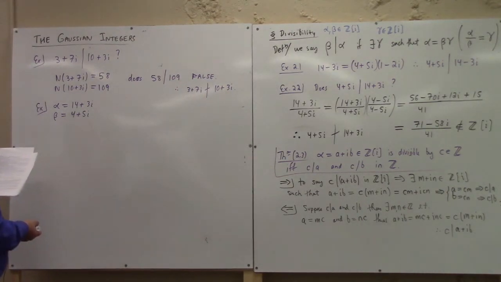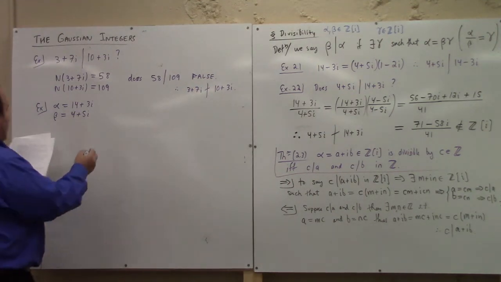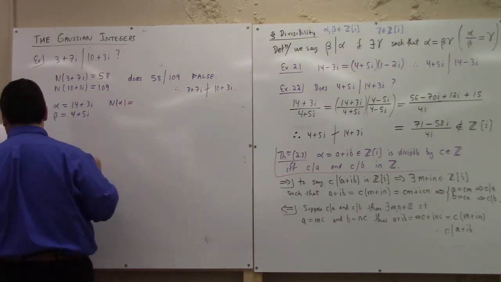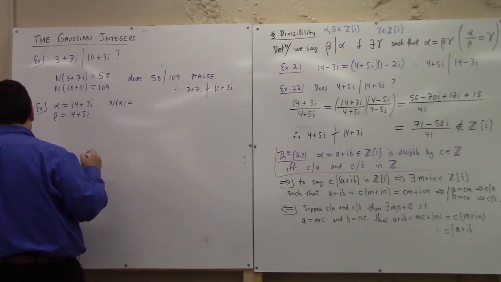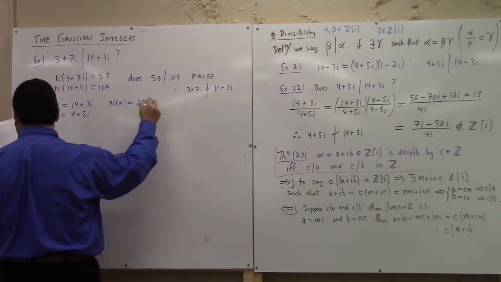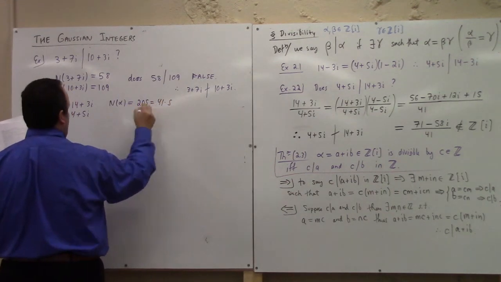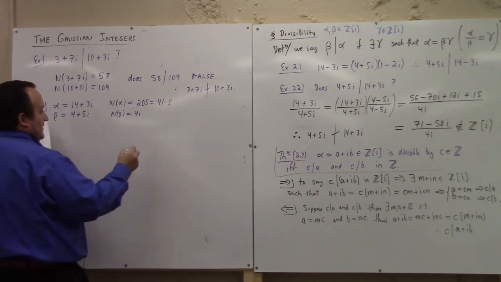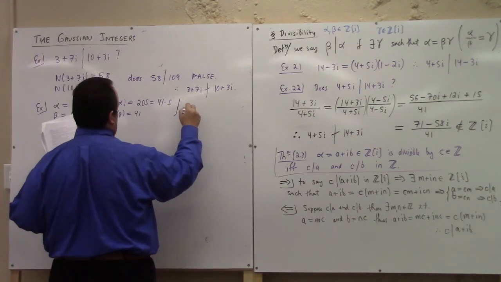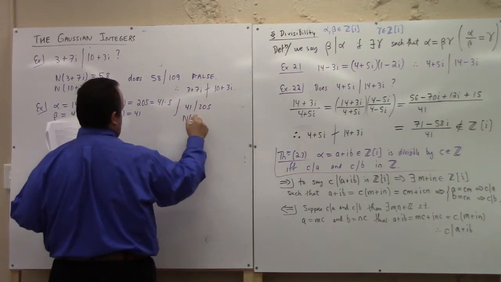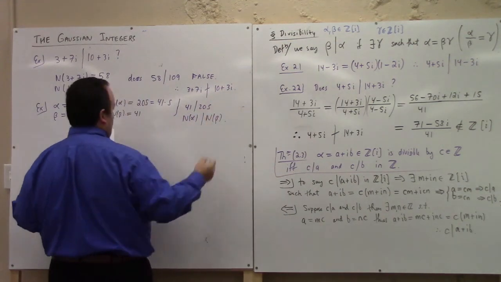So here's an example of that. We have alpha, we got beta. N of alpha here is 205, you got it, it's 205, which, by the way, is equal to 41 times 5. N of beta is 41. So in this case, 41 divides 205. In other words, N of beta divides N of alpha. That's true. However,